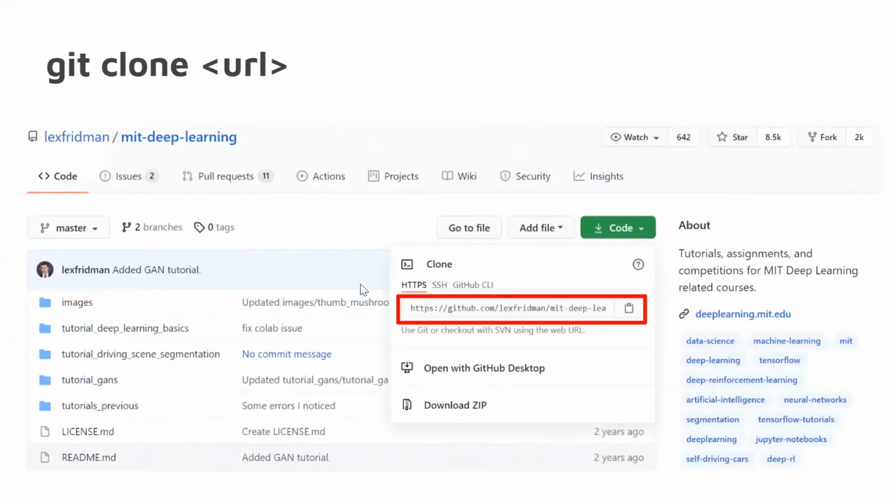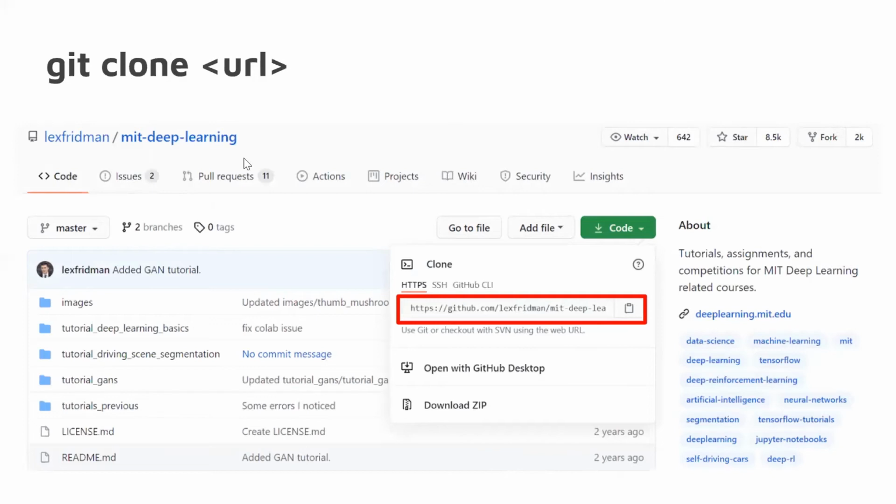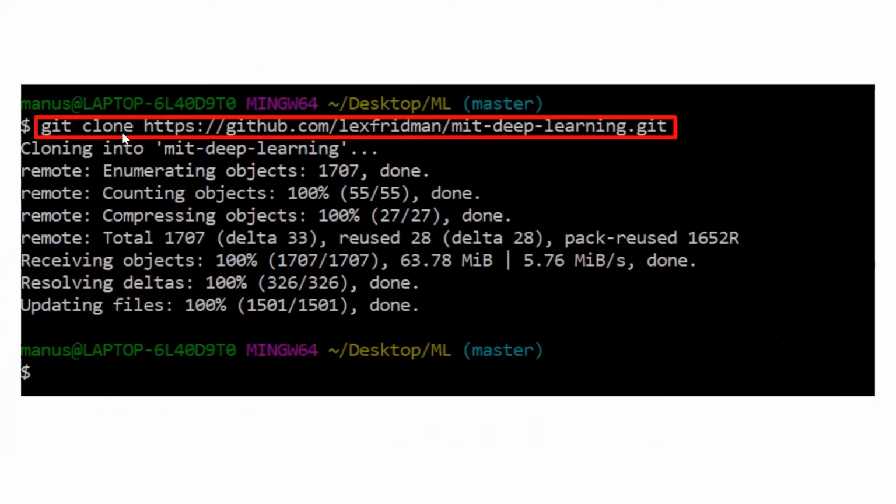So as you can see, if I want to go ahead and clone this specific MIT Deep Learning repository, what I would do is I would search on GitHub for whatever I'm trying to search, or the project name. I would click this little arrow that says code. I would copy this link, which is the GitHub link. And what I would do is I would go onto my terminal, I would type in git clone and then